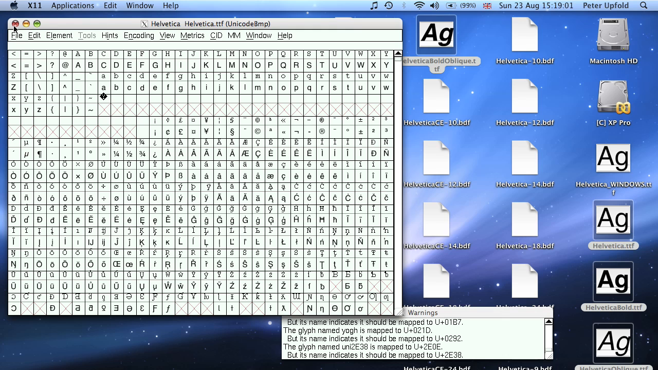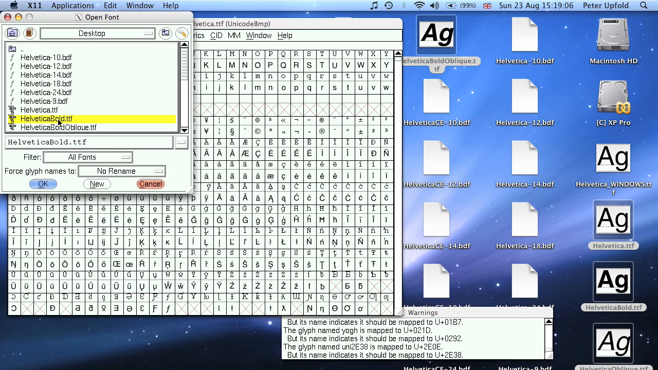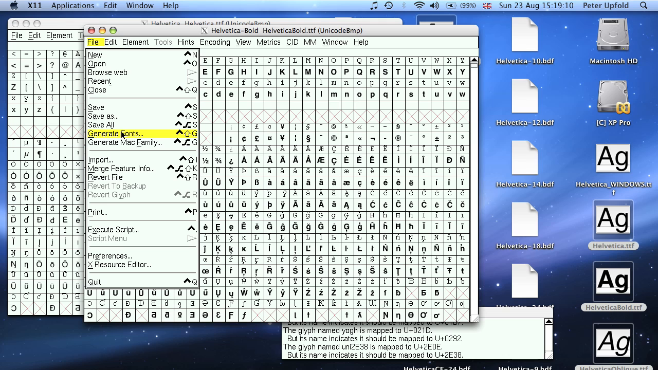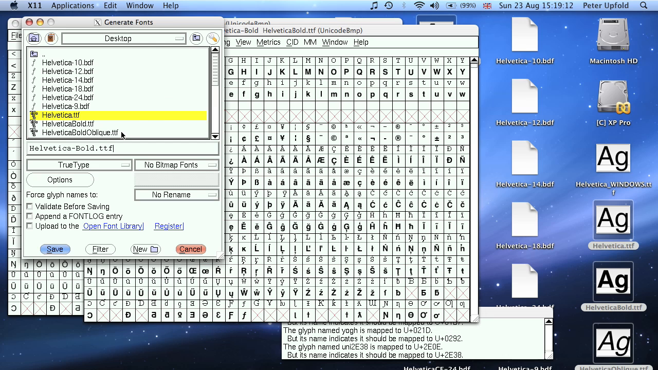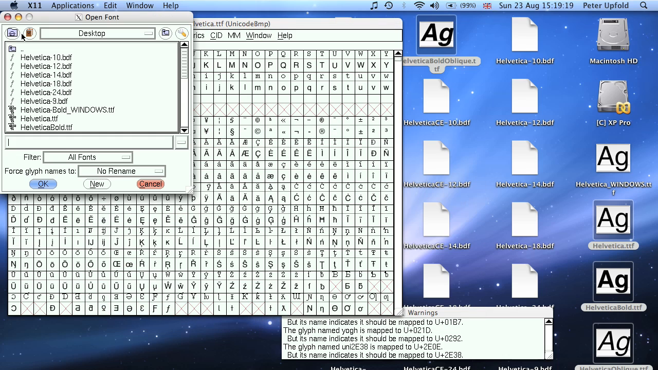Now we just need to repeat this process, I'm afraid, for all the other variants. So I'll open up bold. Go to File, Generate Fonts, and just check it's on TrueType, and then just save it out again. I'll do the same again for